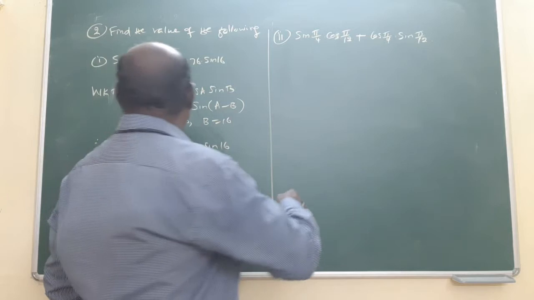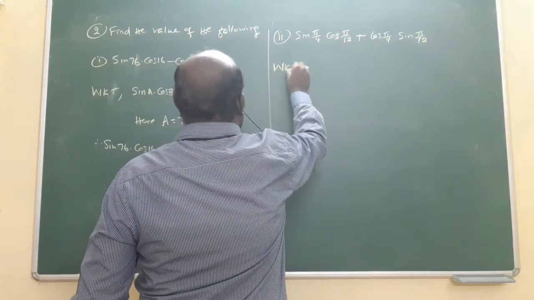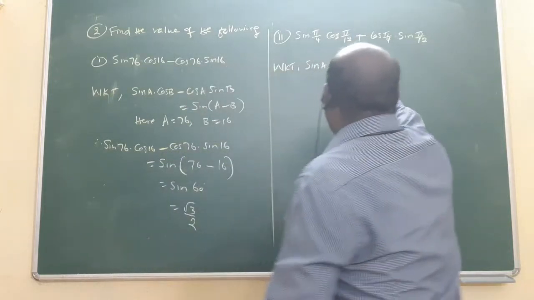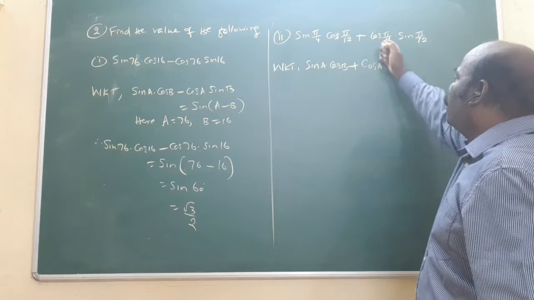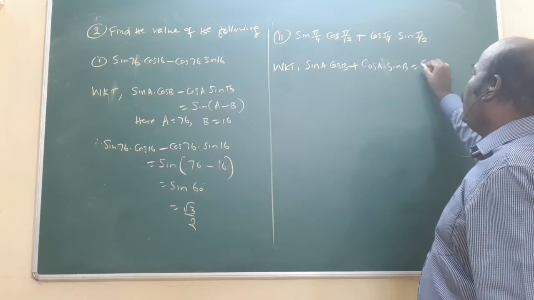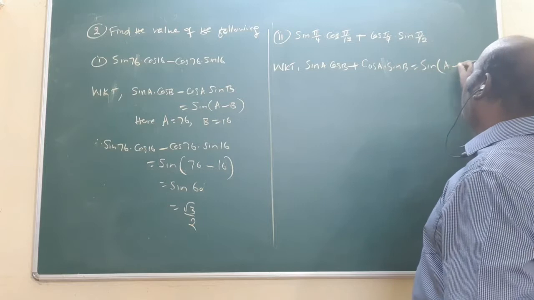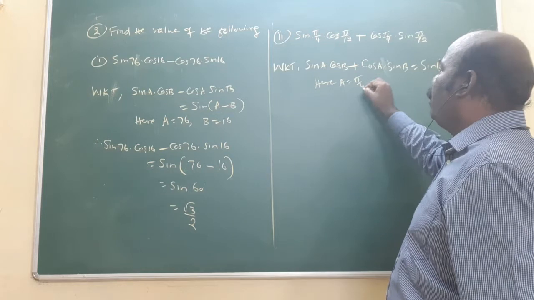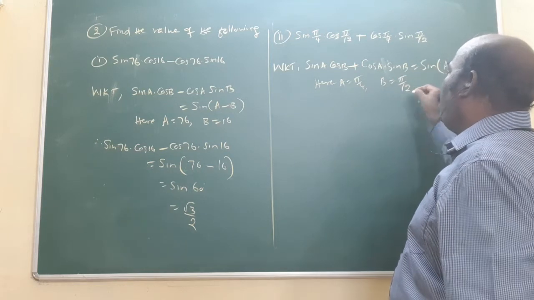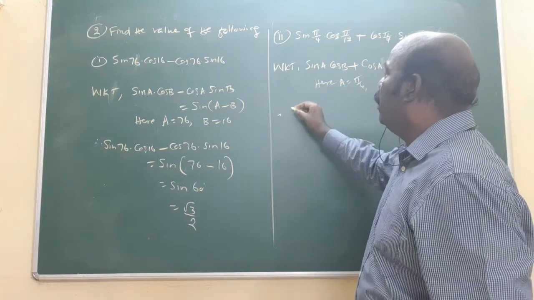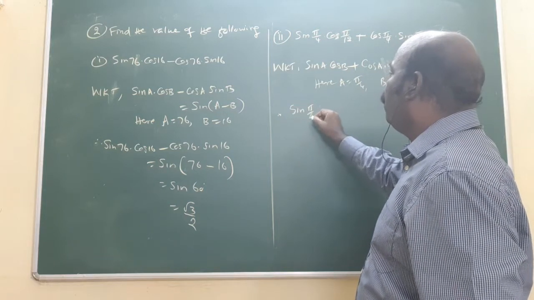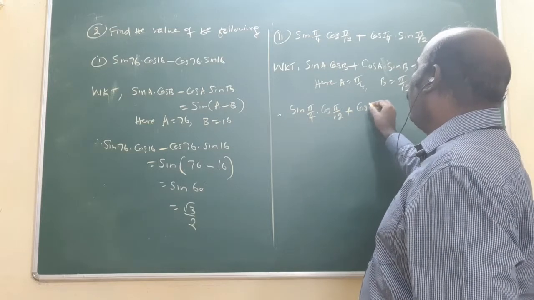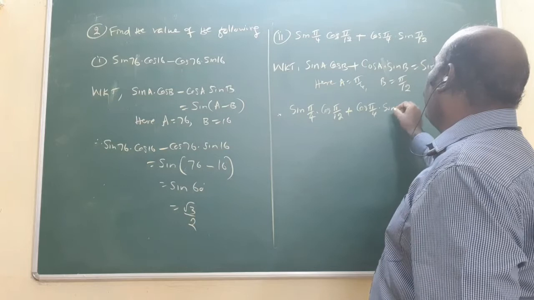The same thing here also. We know that sin A cos B plus cos A sin B is equal to sin(A plus B), with a plus in between. Am I right? Okay, what is A? A is pi by 4, B is pi by 12. Am I right? Now write the question and substitute. Therefore, sin pi by 4 into cos pi by 12 plus cos pi by 4 into sin pi by 12